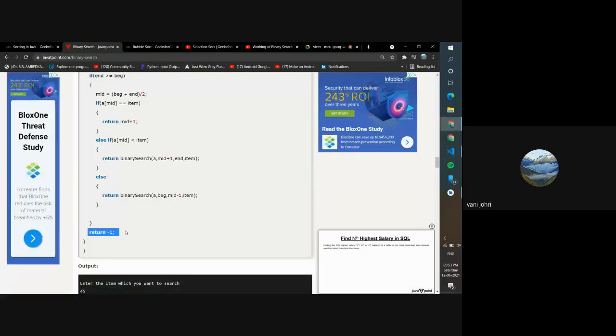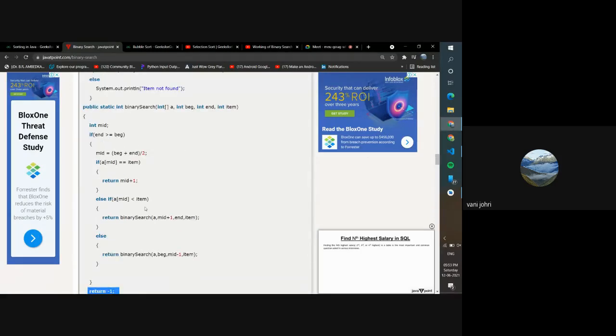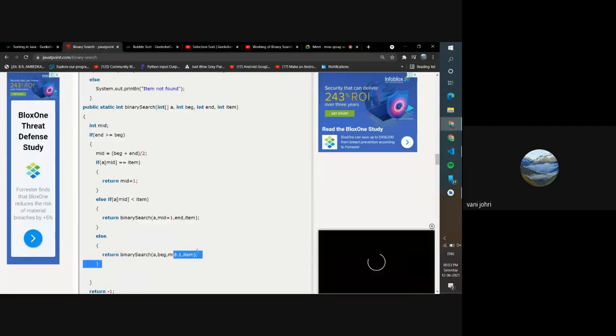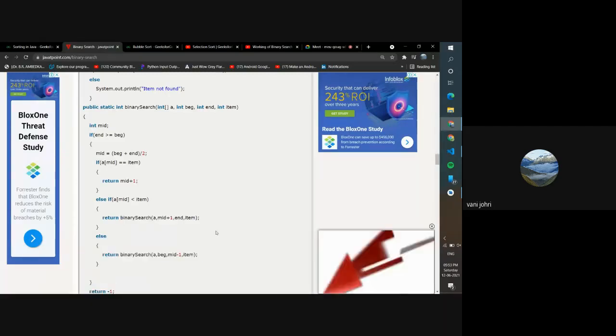Are you understanding? Did you guys understand what's happening? If you just don't create a separate function, then you don't need these returns over here. You can just have binary search this, and write binary search this. Is anybody confused? Understood? Okay, so one person did. I hope you all did.